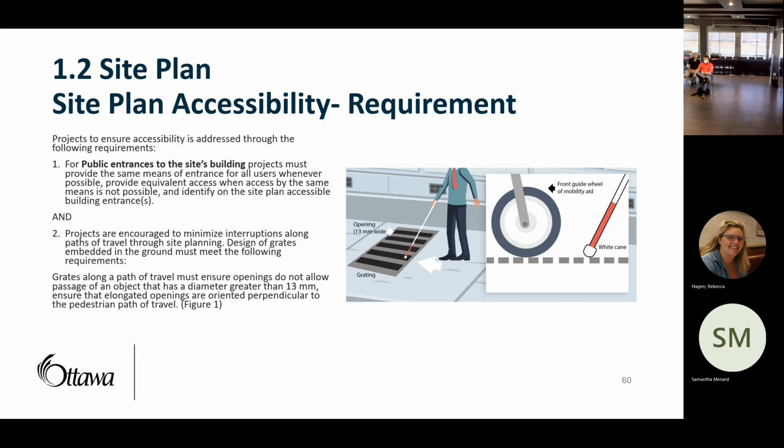And then the second piece is minimizing interruptions along paths of travel and designing grates embedded in the ground to meet size thresholds. That's to ensure that we're not interrupting accessibility devices. And then outside of travel, we have size threshold requirements as well, and that's to address the bird safe design requirements. So there are minimum or maximum opening sizes for the design of grates. So that would be if you have an underground parking garage and have to have fresh air intake or exhaust embedded into the ground, designing those to make sure